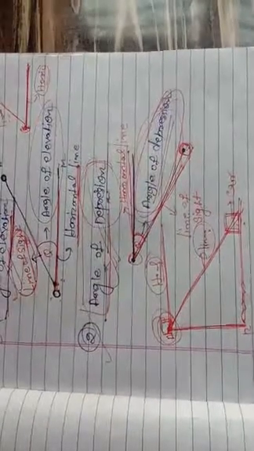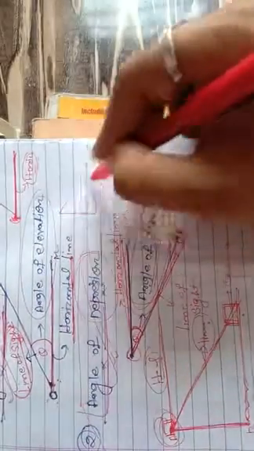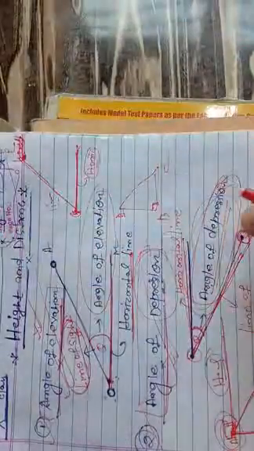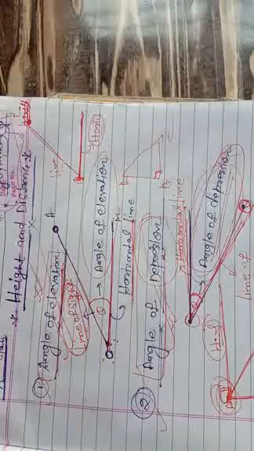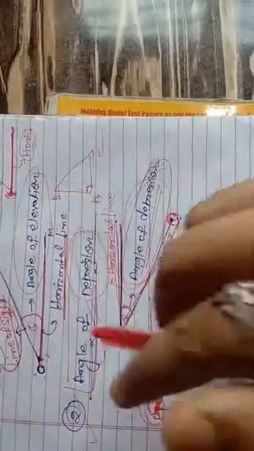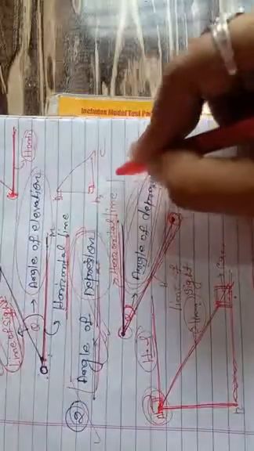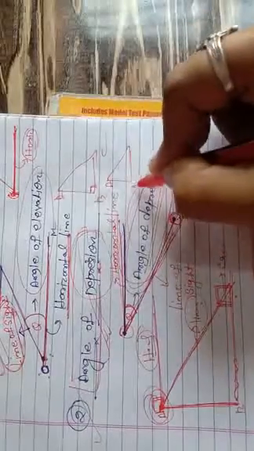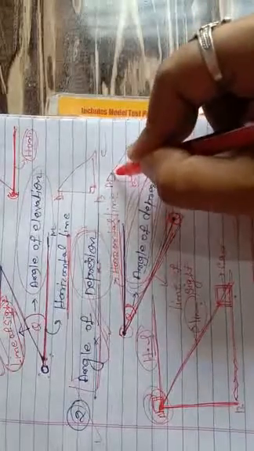The second thing is that when you solve a question on elevation and depression, since this is an application of trigonometry, in every question you have to make a right triangle, because trigonometry only considers right triangles. In every height and distance question, you have to make the right triangle after understanding the question.